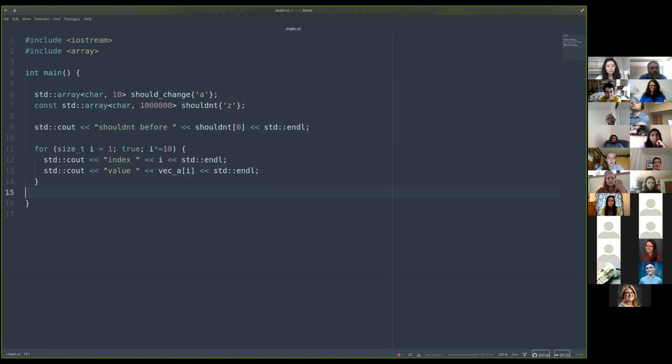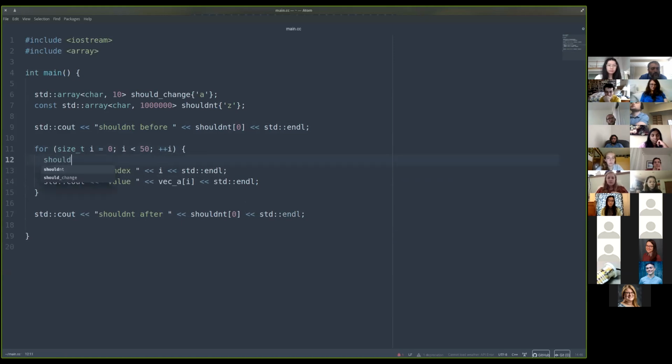And now we're going to print before and after. And inside of this for loop, we're just going to do some normal iteration, do it 50 times and just iterate through one by one. And we're going to reset shouldChange, and we're going to set all of the characters to an